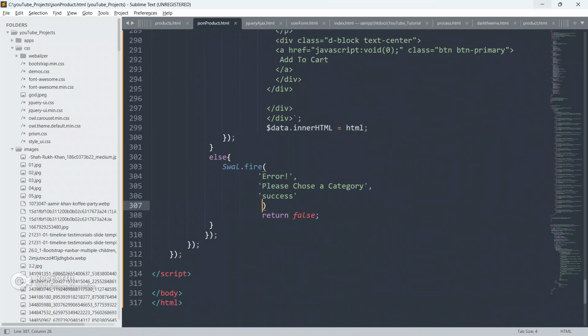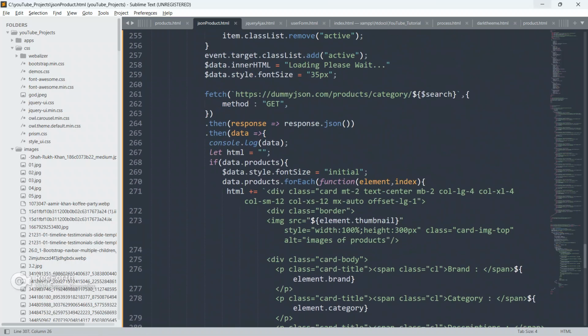Let me put some error so that we will get to know when this else block will execute.